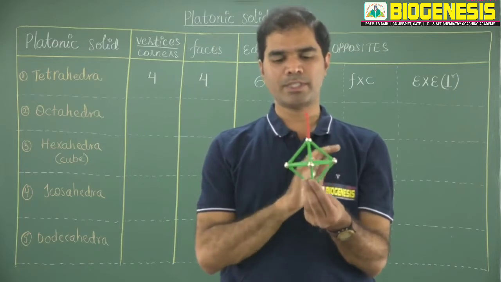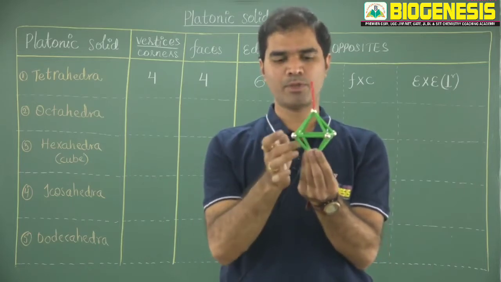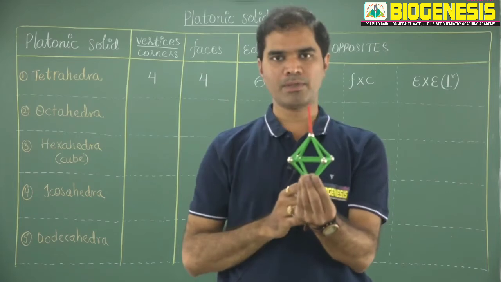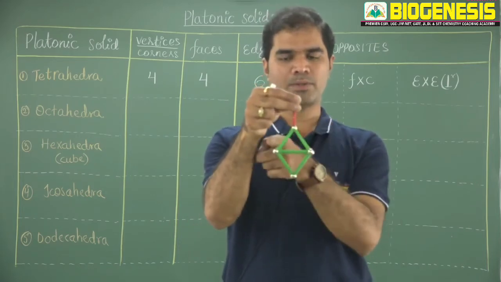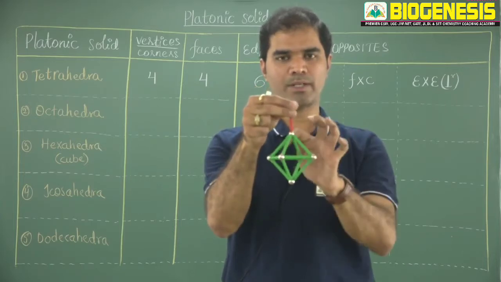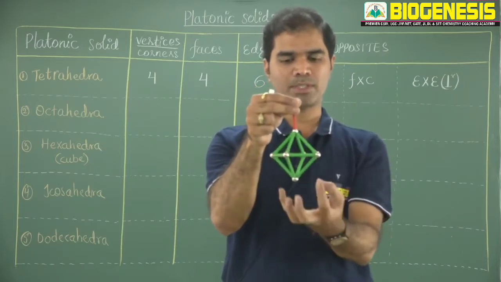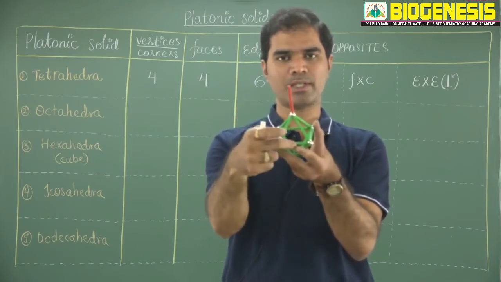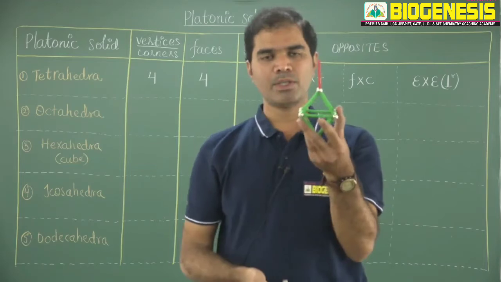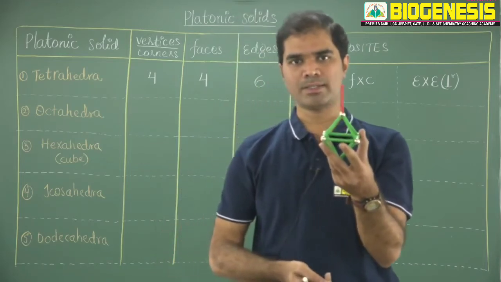Octahedron means 8 faces. 4 faces will be above, 4 faces will be below in this orientation. So where are these faces? One towards your right, one towards your left, one towards you, one away from you, above. Below also the same 4 faces. And all these faces, as you can see, are triangular faces. So even an octahedron is a deltahedron.